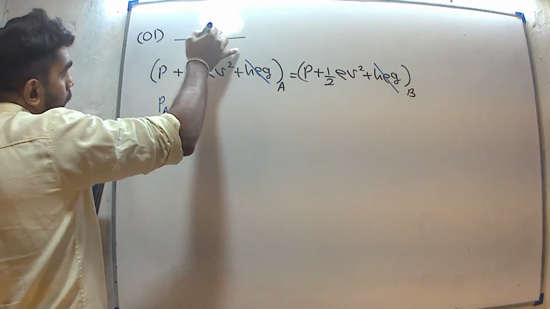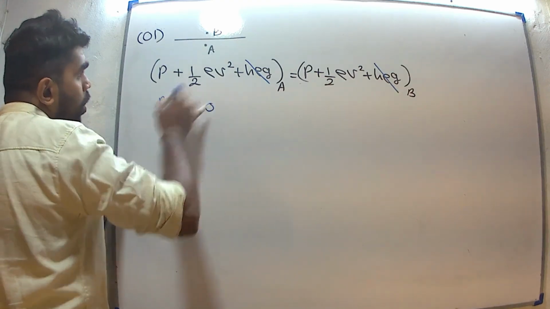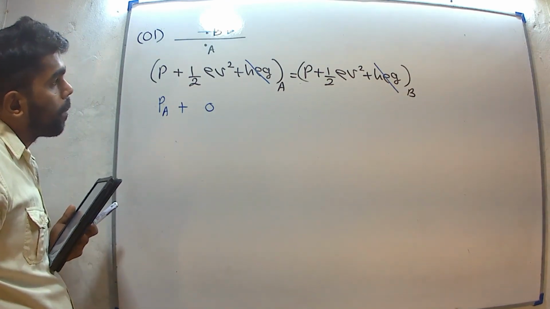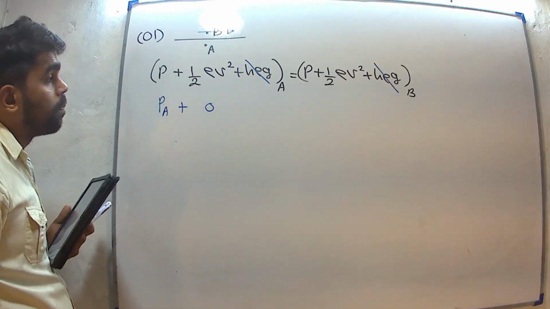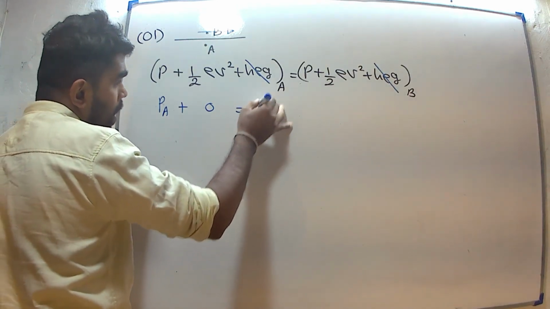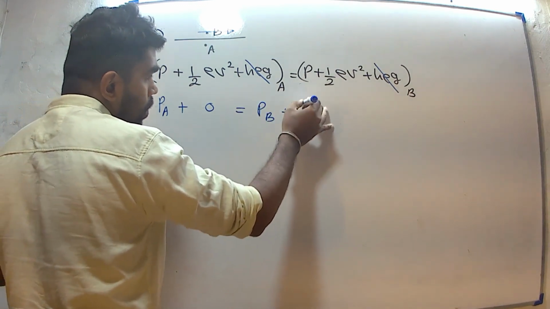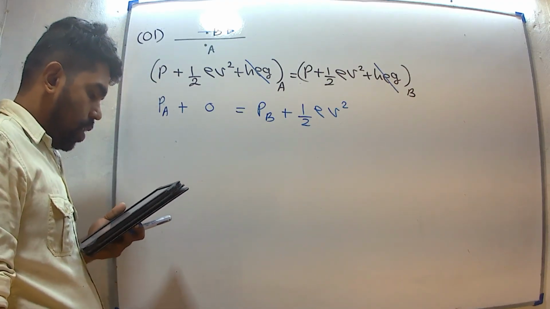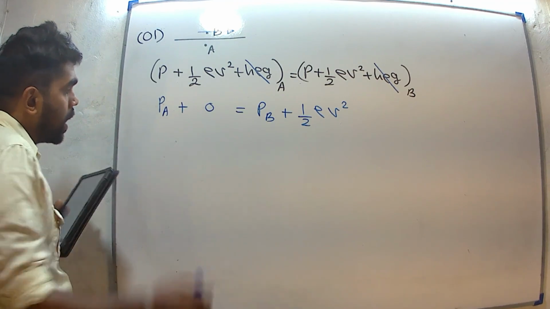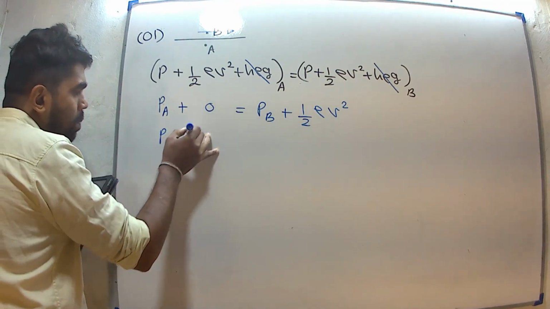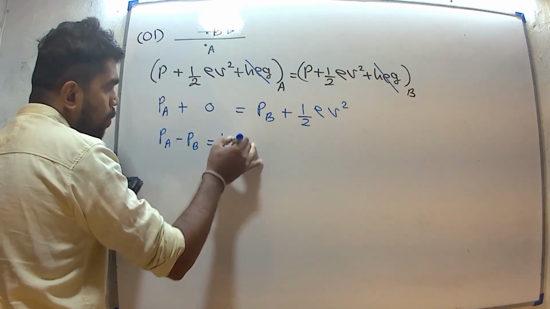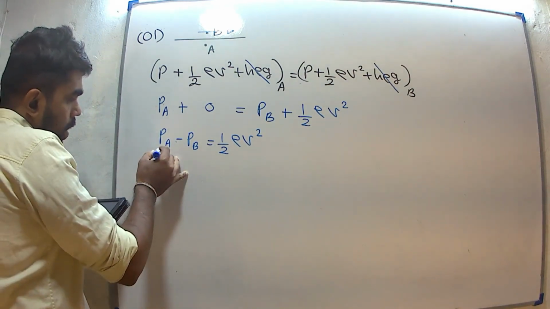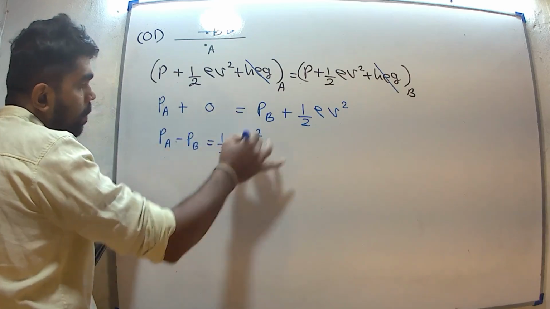Velocity at point A should be 0 because the air blow is on the upside of the strip of paper. Pressure of B, PB, half rho v squared. Now I will get the pressure difference, PA minus PB equals half rho v squared. This is the relationship for the pressure difference,